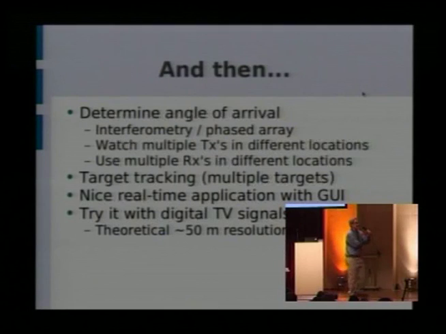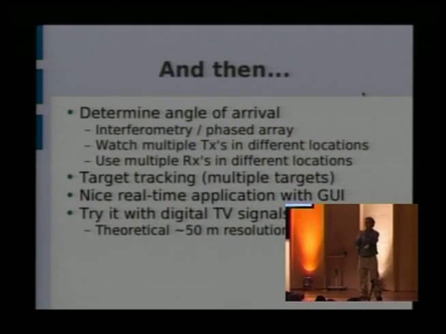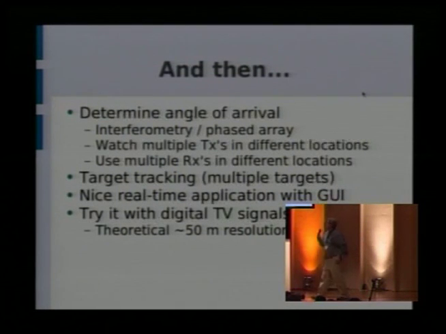Then what gets interesting is, we get the raw radar return, and it's like you're doing your first order feature extraction. Then the other juicy part comes in: it's nice to be able to determine where they're coming from. What is the angle of arrival? So then we start